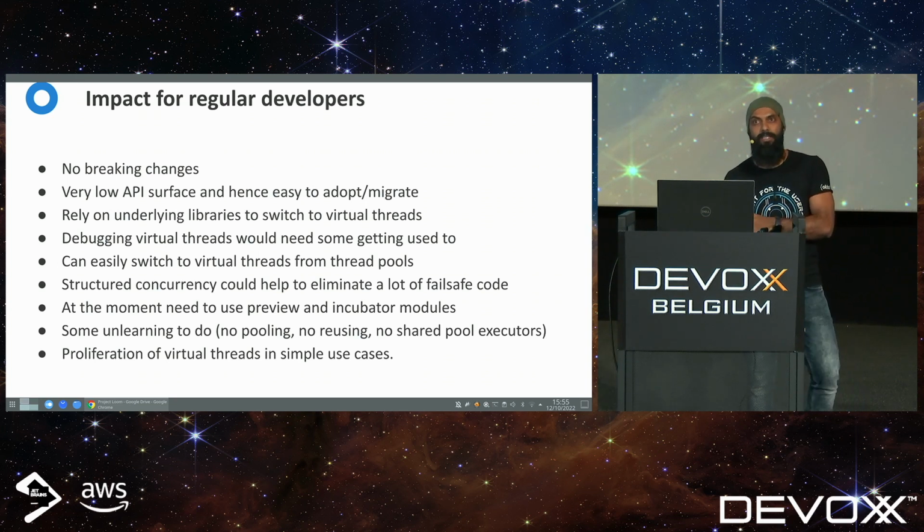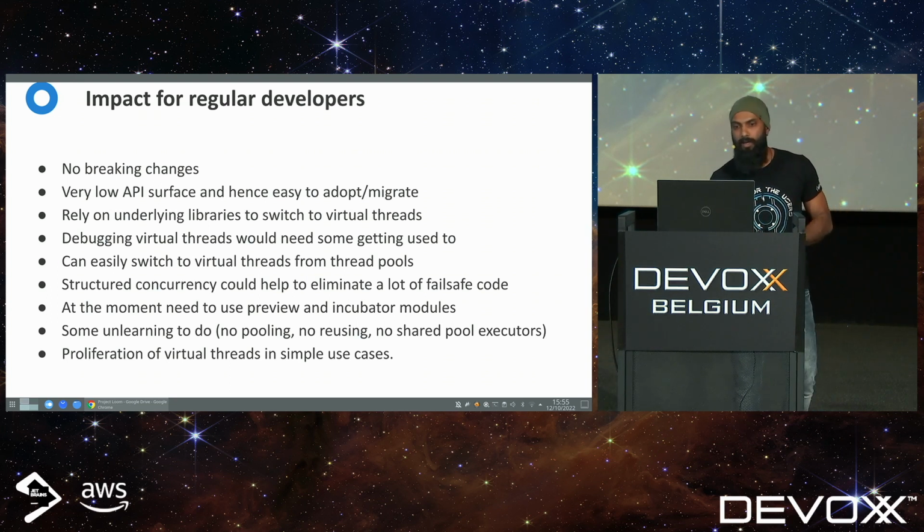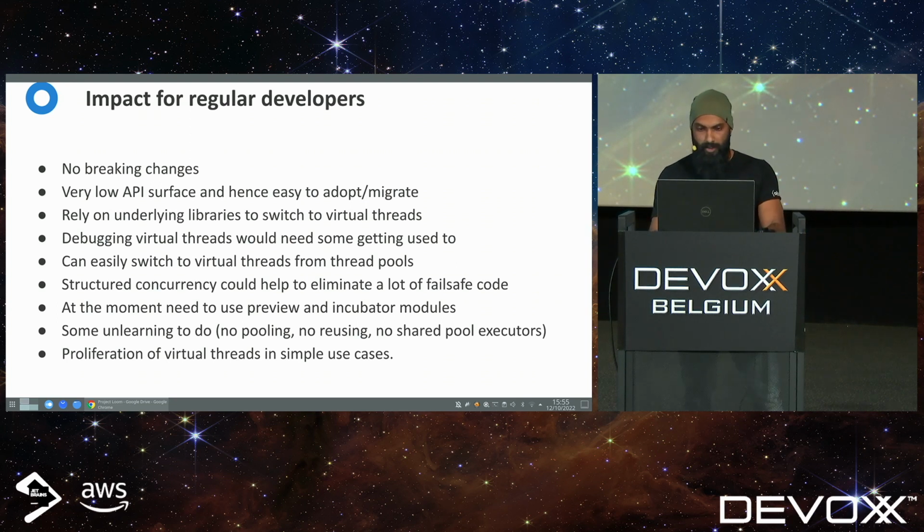So you can do that in Java as well with virtual threads. Even for short-lived simple tasks, you could consider using virtual threads for that. So another thing to unlearn: don't reuse or recycle threads. Currently with platform threads, we try to reuse and recycle threads because they are expensive. You don't have to do that with virtual threads. Don't do that. Create new threads for everything.